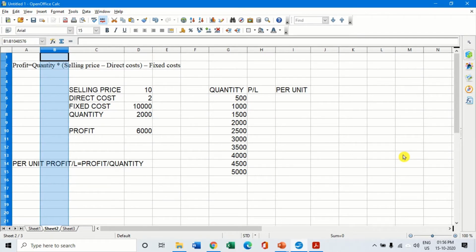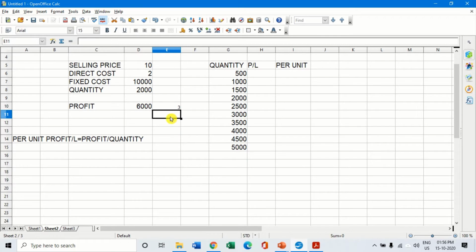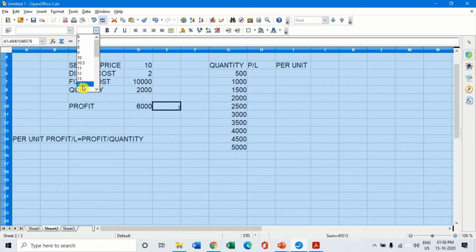So till now we used only a single formula for calculating the different quantities. Now today we are going to learn how to use multiple formulas. Here we are supposed to find out what is the profit or loss per quantity. So how do we do that? The formula is given. The profit or loss per quantity will be equal to profit divided by the quantity. So here it is 3 rupees is the profit for every quantity that you make.